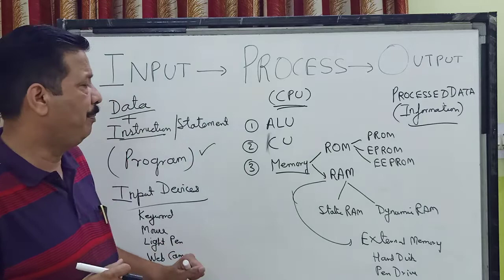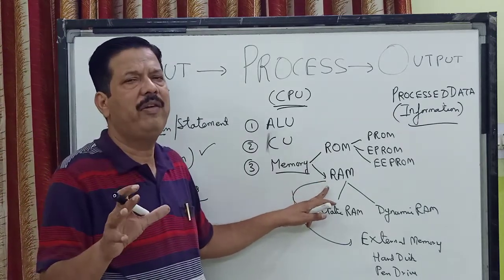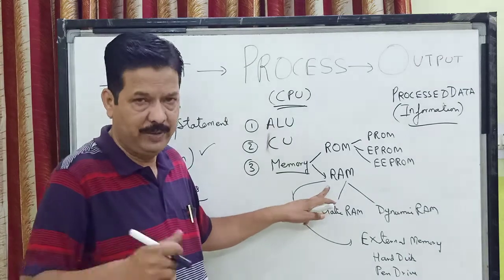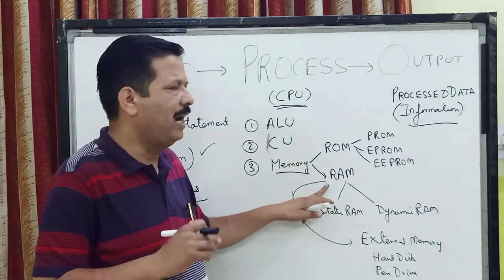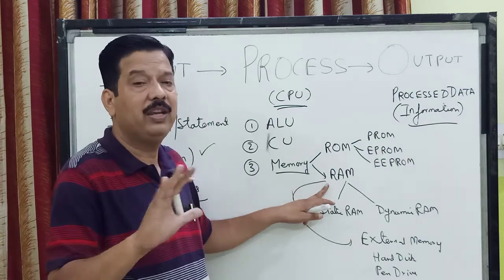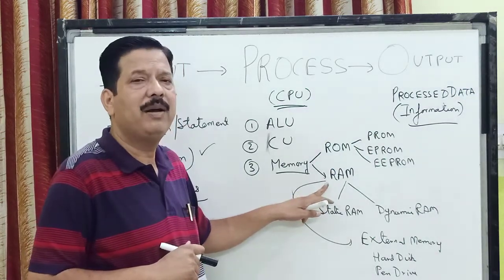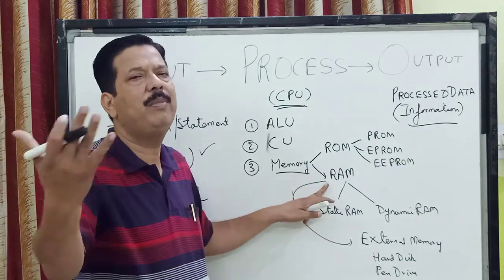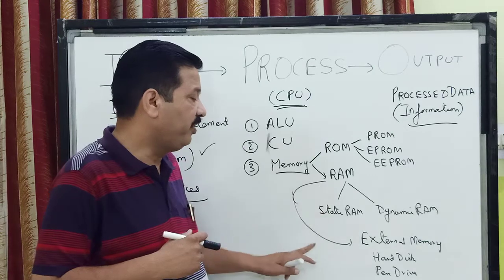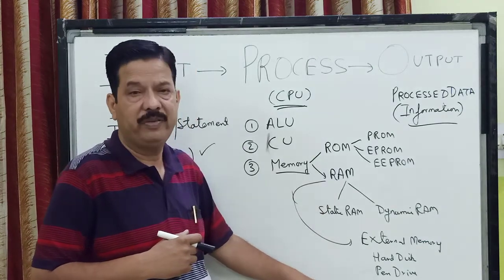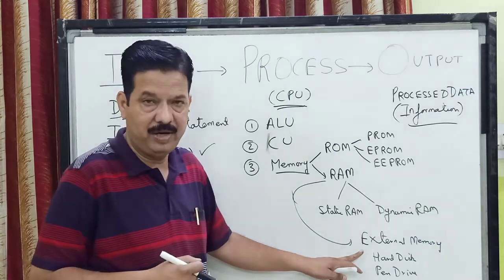So children, what happens if I want my program, which I have already written in RAM, to be stored permanently? When I switch off my computer, that program is going to get erased. It is going to get washed off. So before I switch off my computer or before I move on to my next application, this program must be saved on these external memories. This external memory we also call secondary or auxiliary memory.